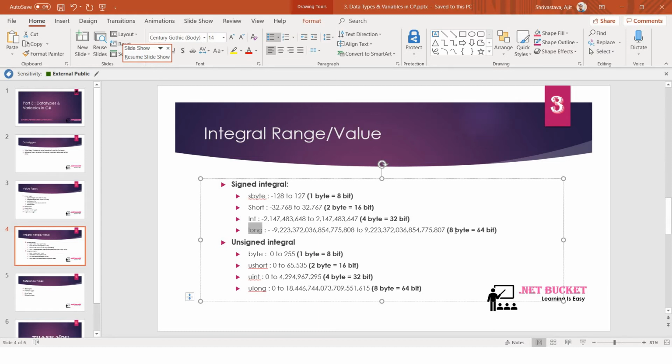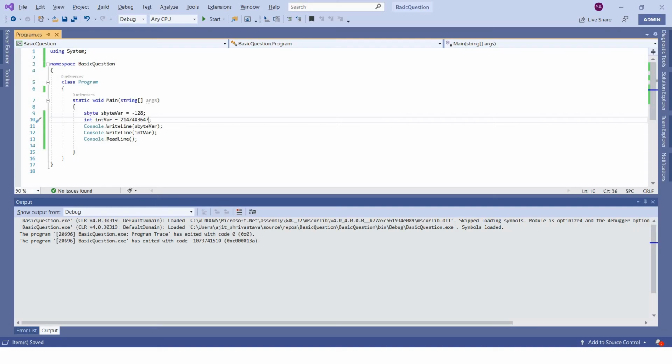So based on the range of values you want to store in that variable, you can pick its type. If you are sure that your value will never cross 127, you should use sbyte. If you are sure that your value will always lie between -32,768 and 32,767, you should always use short. In that way your application will consume less memory. As I mentioned, it can have negative values also. You can give the negative value and it will work there, right?